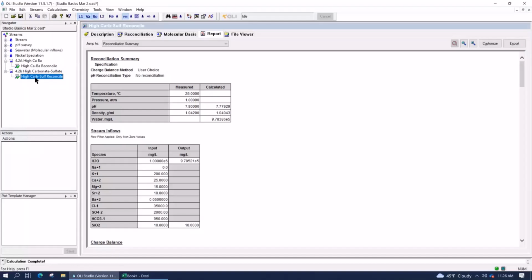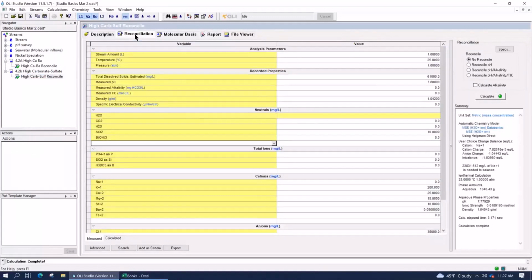First of all, let's say that you wanted to convert one of these reconciled waters to a stream. If I wanted to do a survey calculation on this reconciled water, I have to turn it into a stream. Chapters 2 and 3 that we did yesterday and Tuesday and today are all about taking a stream and operating on it. This reconcile object is not a stream. It's a calculation, and we have to convert it to a stream in order to do what we did prior.